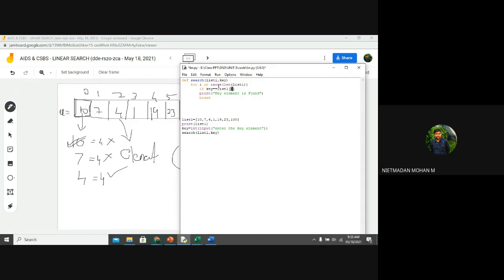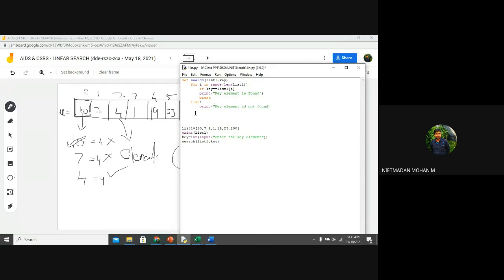If all the length has been checked and no element has been found in your list, then what do we want to do? Else, print "key element is not found".